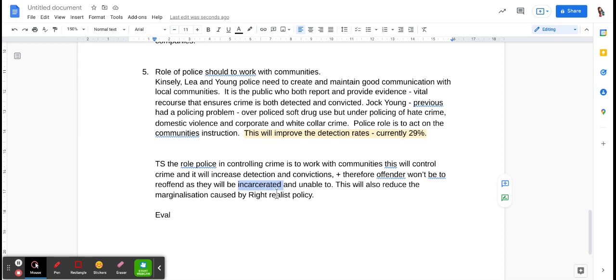So the role is they work with communities. It controls crime because now those people have got convictions and therefore they can't reoffend. They're just unable to because they're no longer in the community causing horrific acts of hate crime. However, again, this was insane to try and evaluate and really hard. So, however, left realism